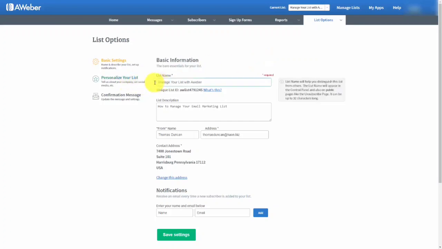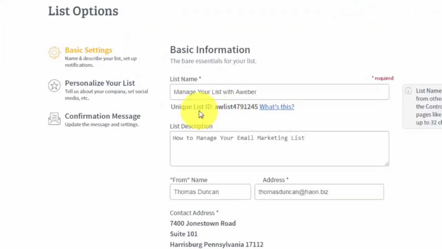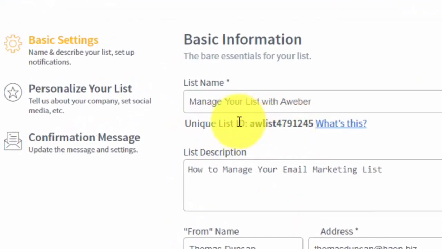Now you'll notice here that we have the list name, and then we have a unique list ID from Aweber. Anytime that we have to interact with an API or some kind of system that requires our Aweber information, we will use this Aweber unique ID. So you can put this in a place where you're going to remember it, or you can always come back to your Aweber list options